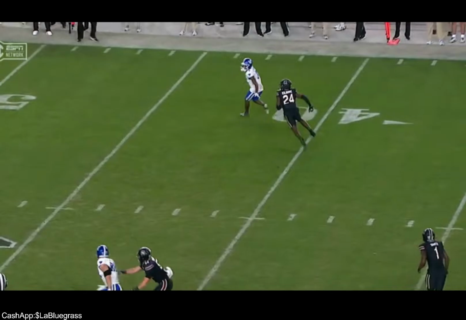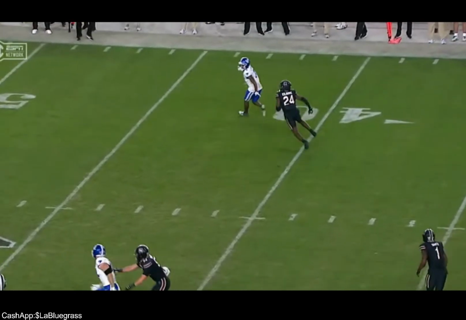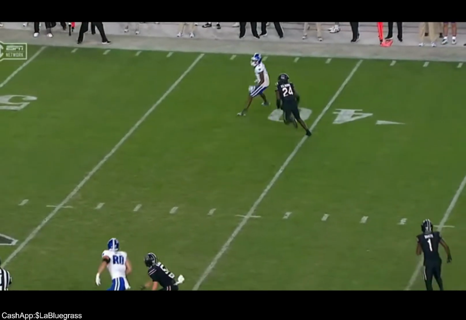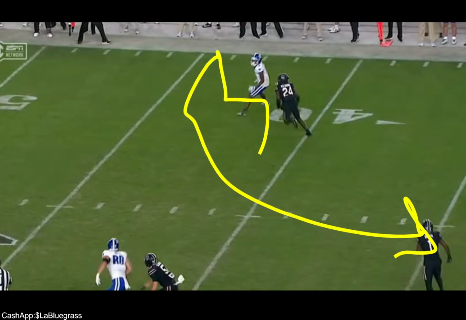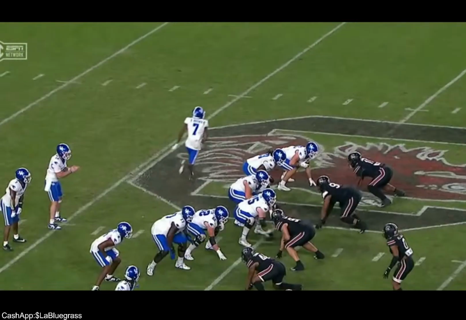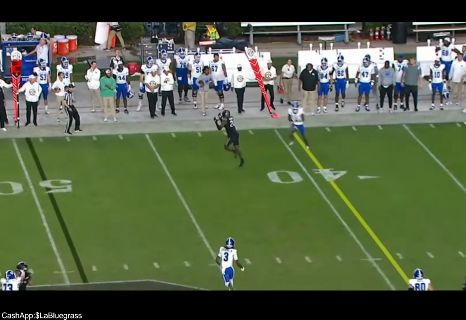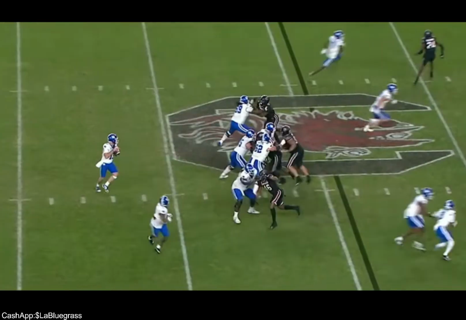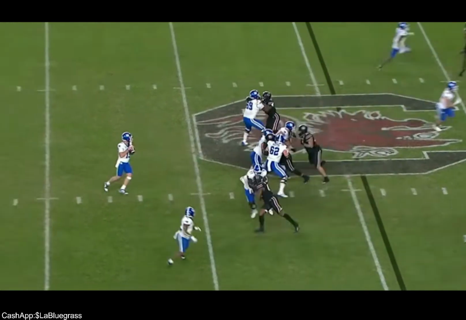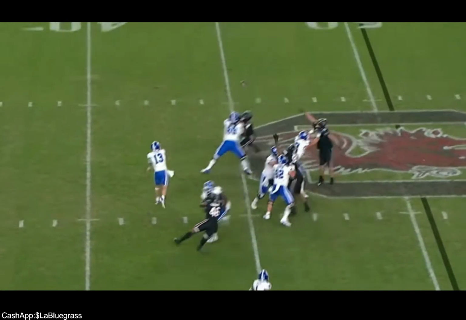If you got enough control to backpedal, you had enough control to go here. You might have to jump, come down. It's one-on-one. Look how much space he has, y'all. Look how much space he would have. Oh, man, I'm done.